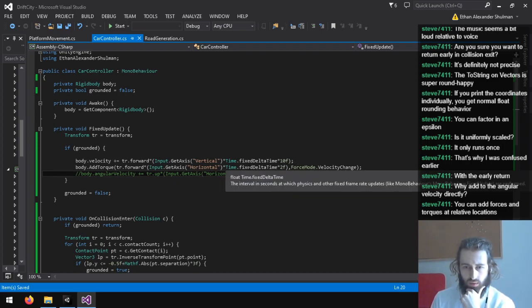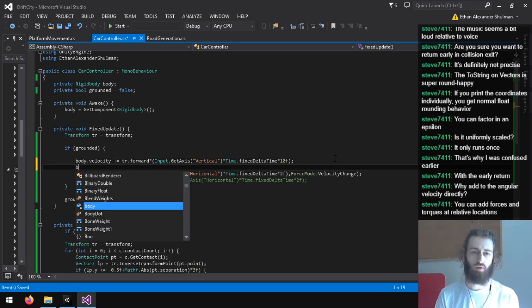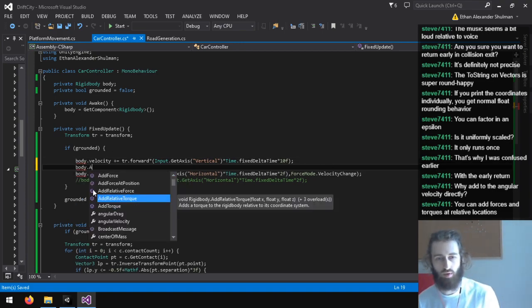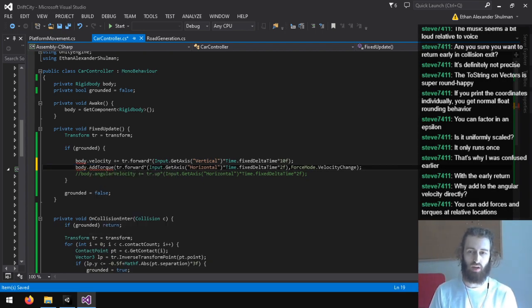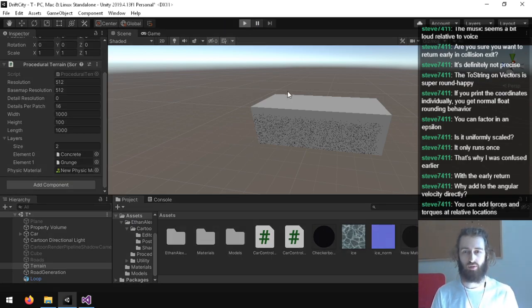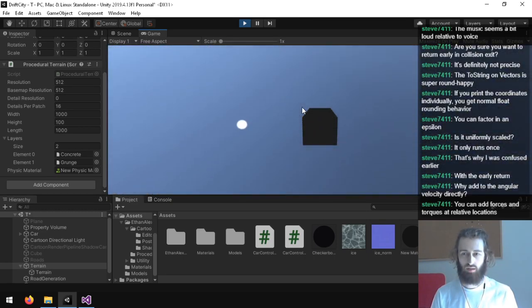We have the instant velocity change. See, isn't torque normally added at a relative position? Add relative torque? I feel like part of the issue is this might not be relative. I don't know, let's try boosting it up to 1,000 and then we'll see what's happening. It should do at least something when I'm adding 1,000 force per second, right? Oh yeah! Interesting.